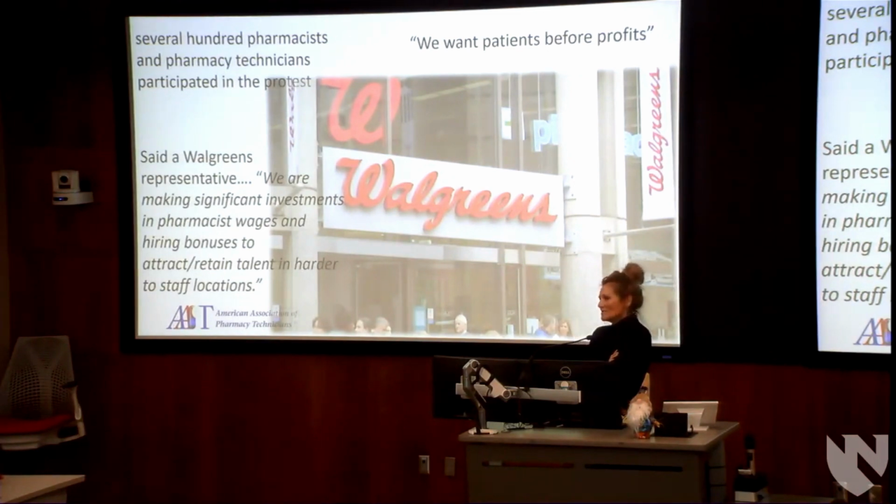So the ball is still rolling on this. We don't know if the strikes helped. These were individuals who picked a very public way to set boundaries. We'll have to see when the ball stops rolling how this turns out. We don't know yet. I did a little bit of research to try and find out, but it was